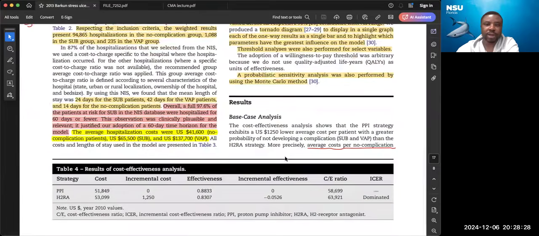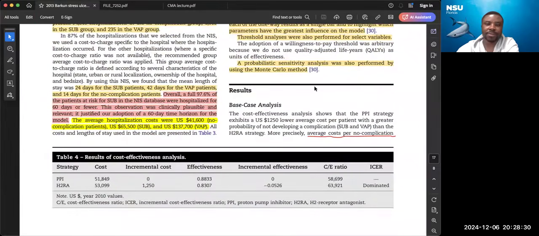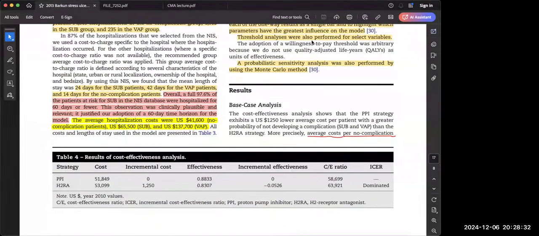Who wants to try? Mitra, do you want to try? Okay, try. So I think we have to say if we want to use H2 blockers, we have to, I don't know, pay this amount extra to get this effectiveness. For the complication,